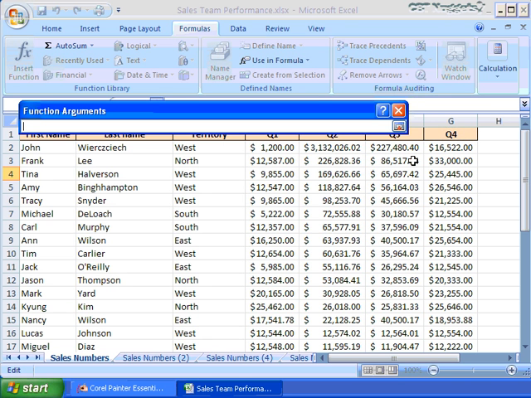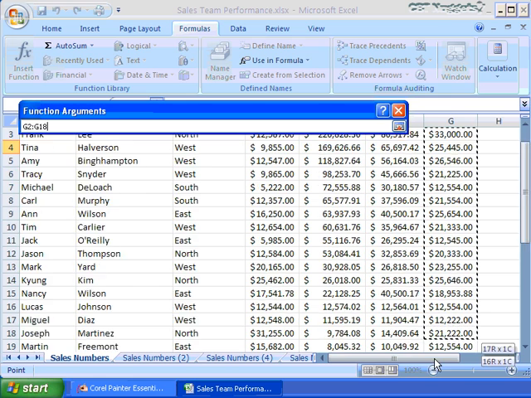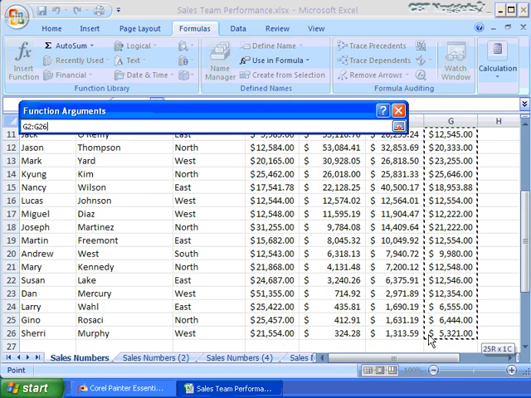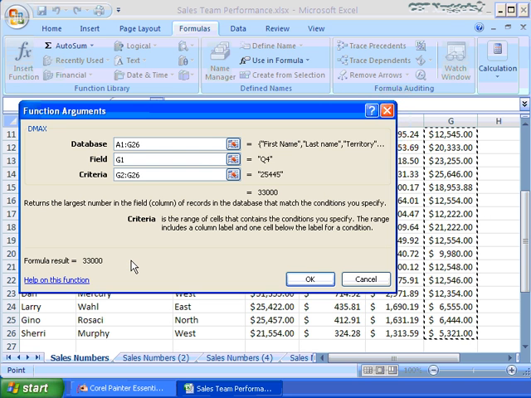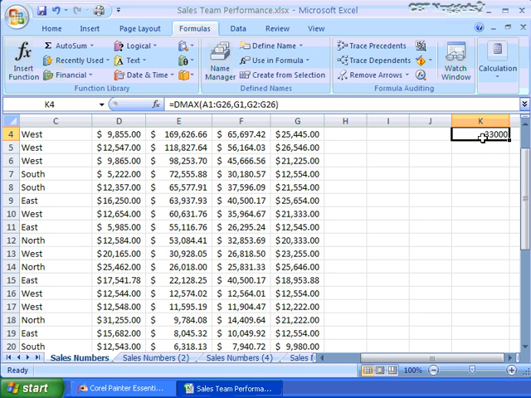My criteria is this range of cells. I'm looking for the maximum value in here. Click that. I'm looking... OK. Notice it does tell you criteria is the range of cells that contains the condition you specify. My condition is maximum. Go and choose OK. Maximum,